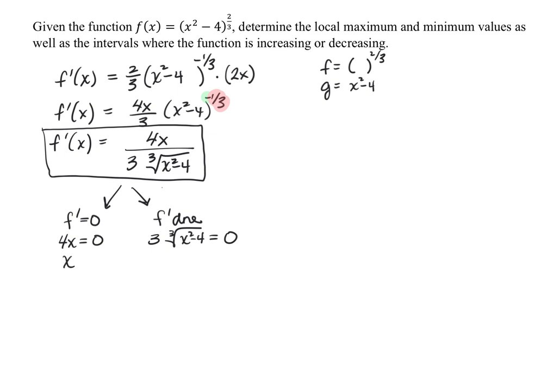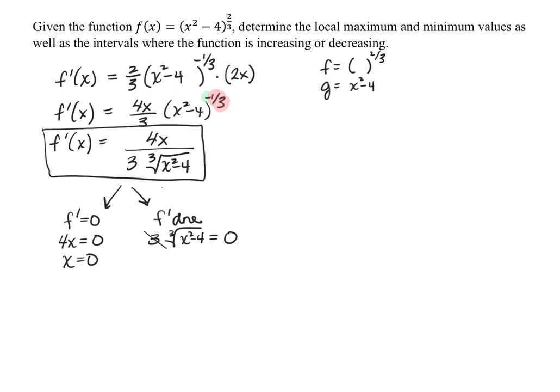So dividing by 4, we have x is equal to 0. Now on this side here, we could technically do all the algebra, dividing by 3 and then undoing the cube root by cubing both sides. But I would really encourage you to actually just think about